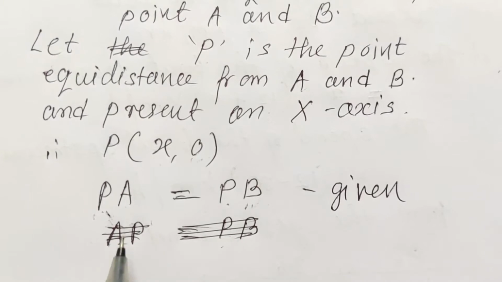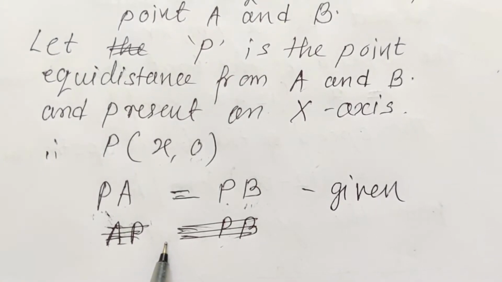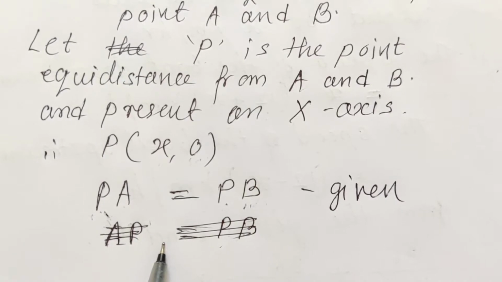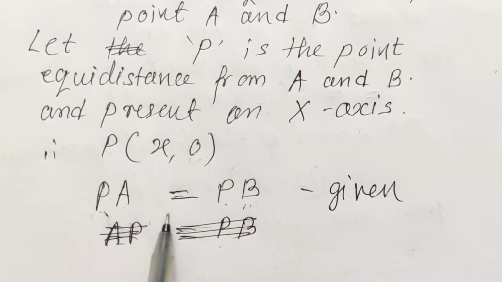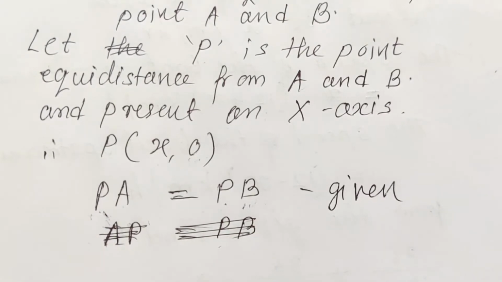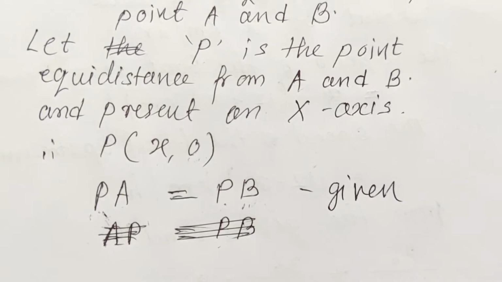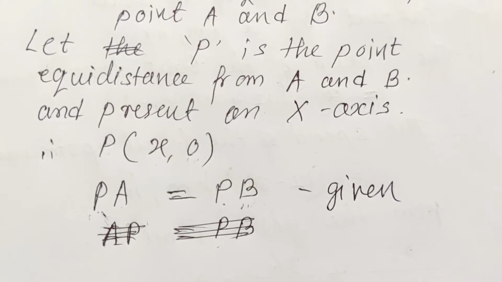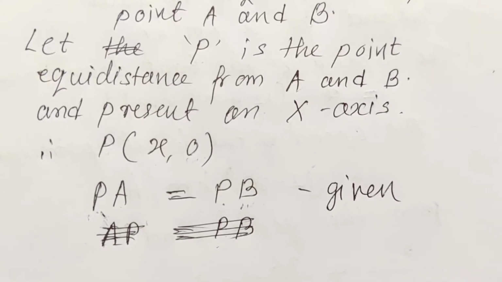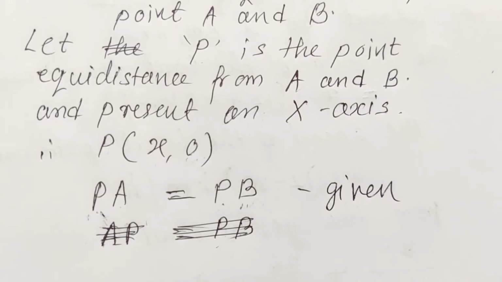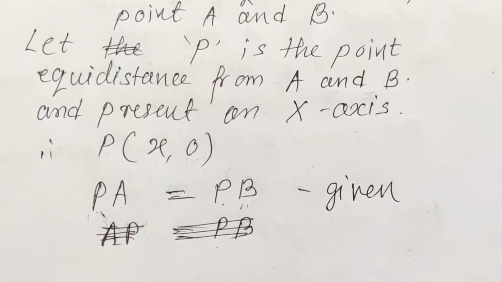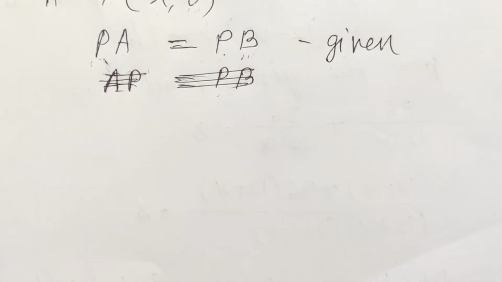It is given that the point is equidistant from A and B, so the two distances are equal to each other. So here I wrote PA is equal to PB. Now first we will find the distance PA and then the distance PB. Both are equal to each other. From that, when you solve it, you will get the equation and the value of x. Simultaneously we will solve this. Left side we will find the distance of PA, right side we will find the distance of PB.